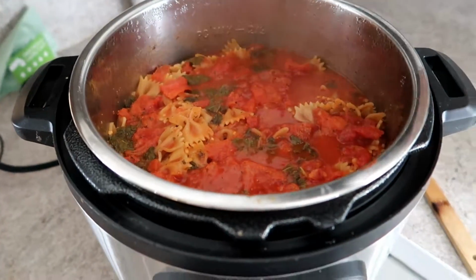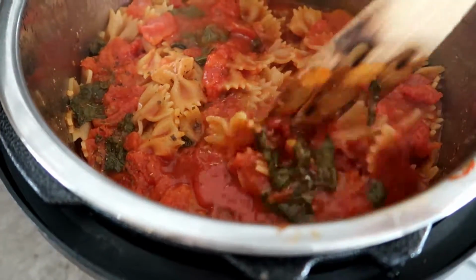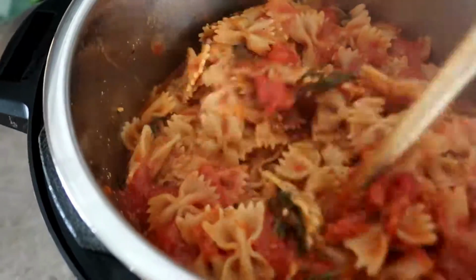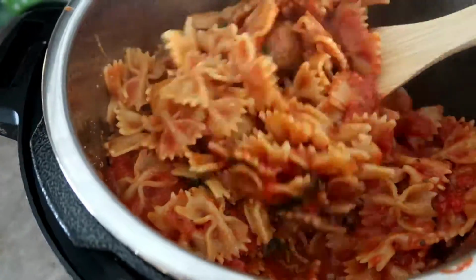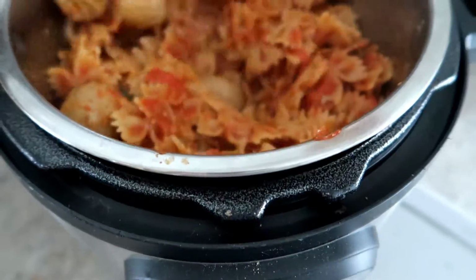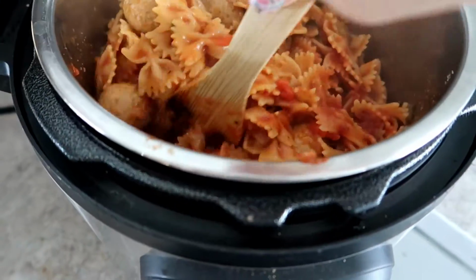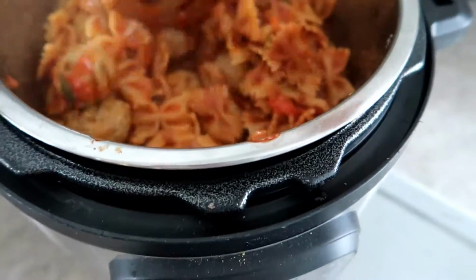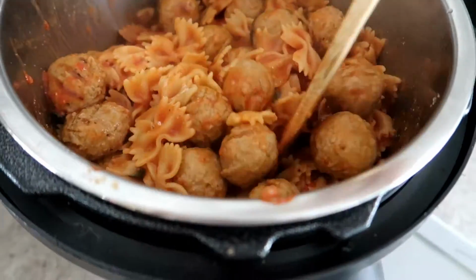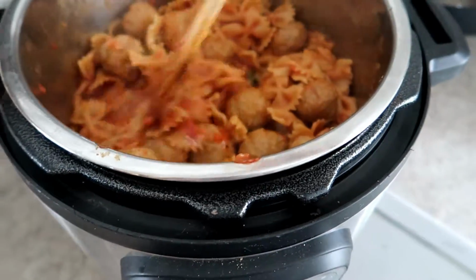Whoa. Well, it seems nice. I think the pasta seems, I don't know why I was so nervous. I've never done pasta in the Instant Pot. This actually looks pretty good, you guys. Ooh, the meatballs are cooked. The pasta looks cooked and not too mushy, you know. There's a little bit of broth, but I think it'll kind of